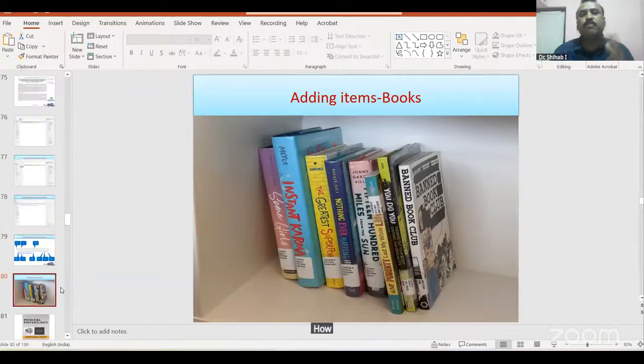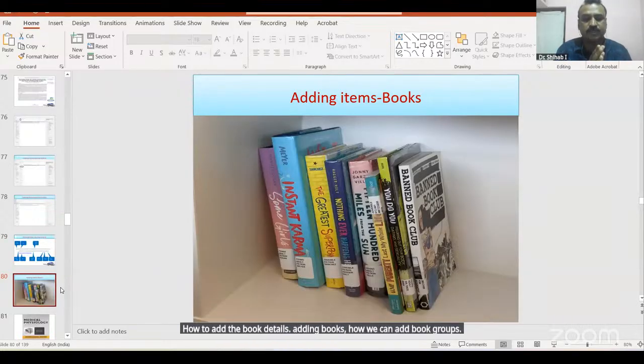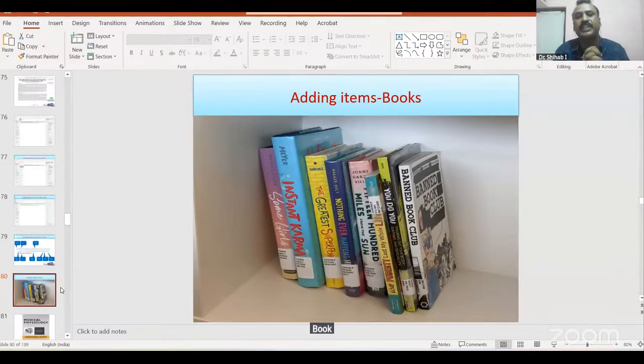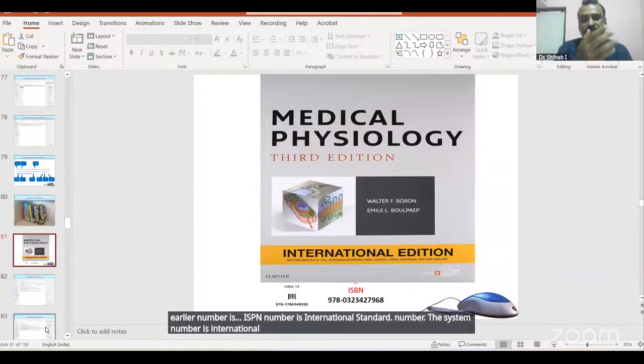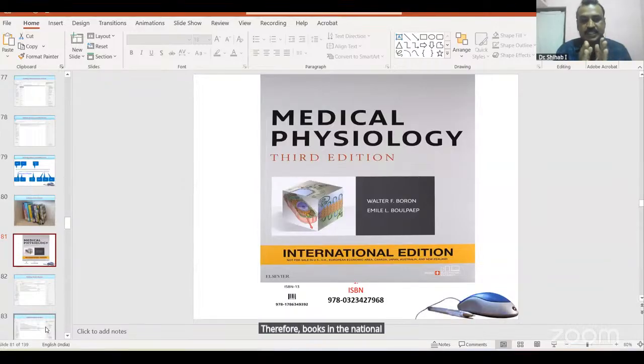How to add book details. Adding book details is also very easy. All books have an ISBN number. ISBN is the International Standard Book Number, while ISSN is the International Standard Serial Number, which is for journals. In India, this ISBN number is